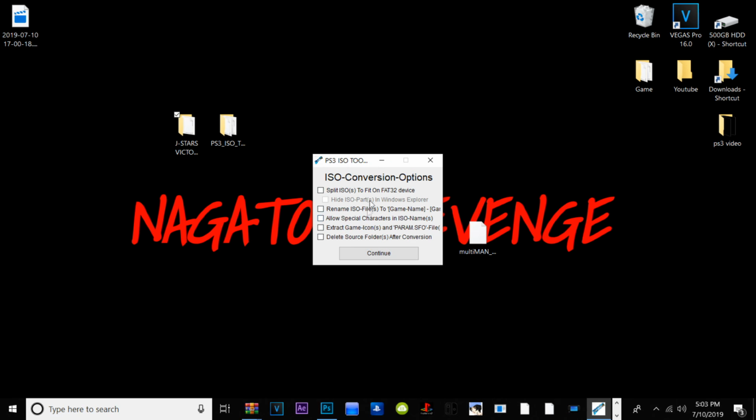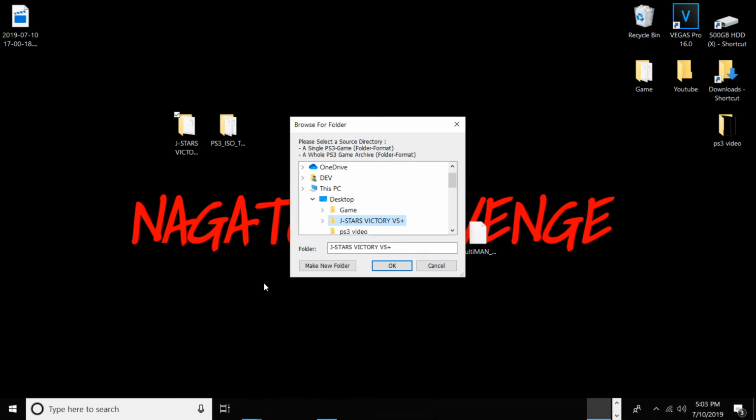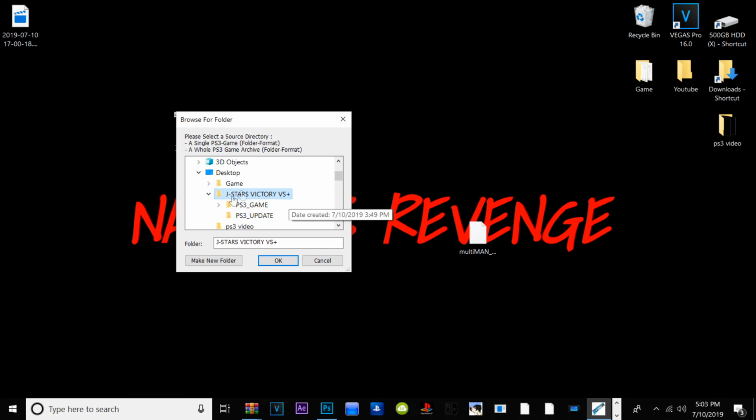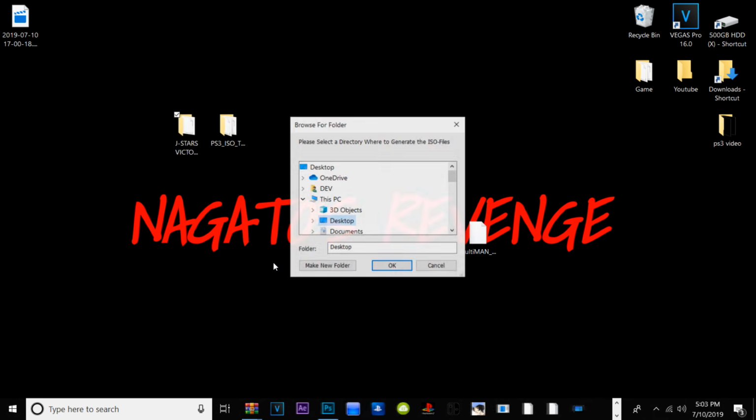It's pretty self-explanatory, but all you would have to do is just go ahead and hit continue, and then what we need to do is to go ahead and browse for our folder. So as shown here is my game folder right now, and it showcases all of the content. So I'm going to go ahead and hover over that one and then hit OK, and then it's just going to say browse for a directory where we want to dump those ISO contents. So I just want to do it on my desktop since it's easier for you guys to see it that way. So I'm just going to go ahead and hit OK,